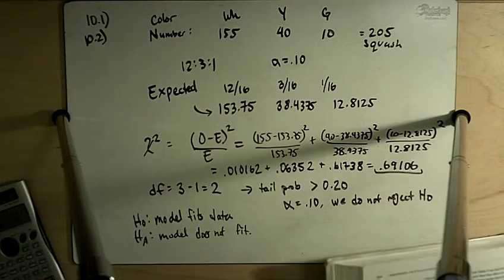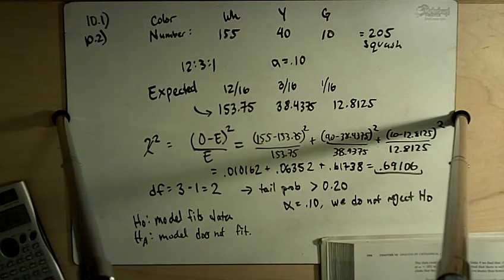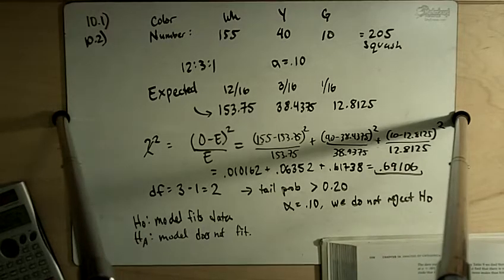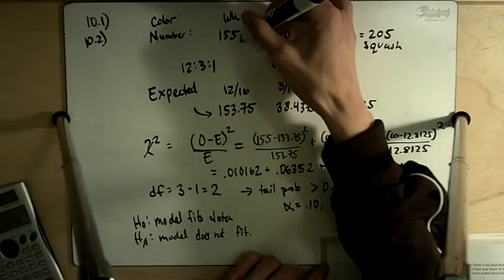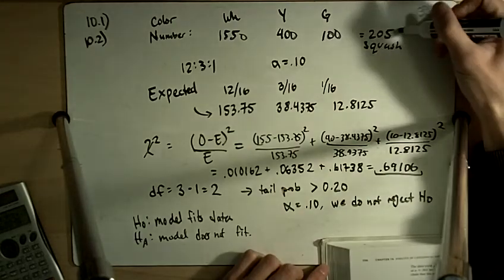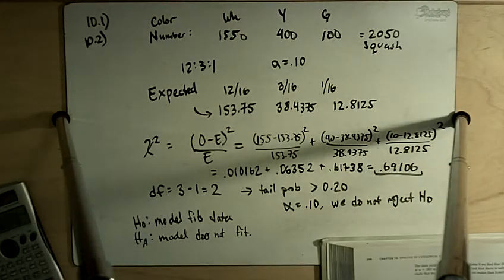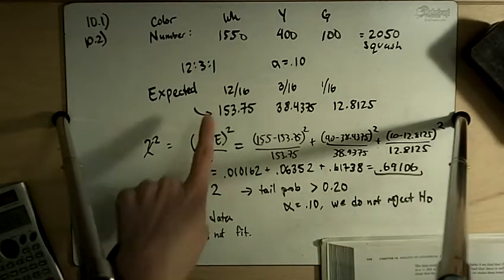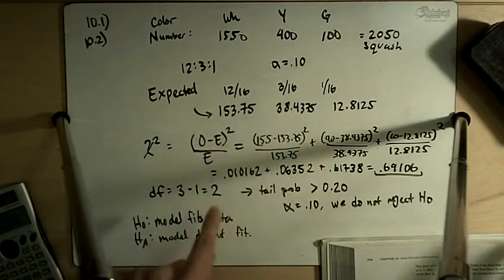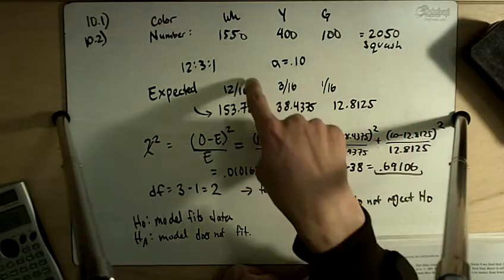Alright, exercise 10.2 says refer to exercise 10.1 and it says suppose the sample had the same composition but was 10 times as large. 1550 white, 400 yellow, and 100 green, which means we would have 2050 squash. Okay, so our proportions will stay the same, except the number expected, because these numbers are simply 12/16